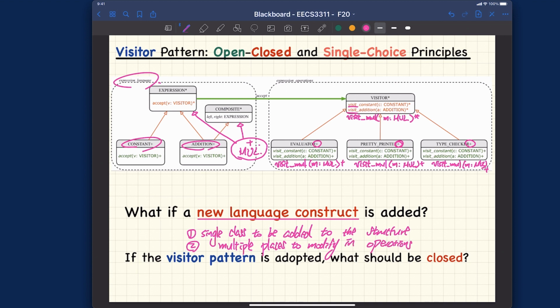Okay, so when I say operations, I really meant this particular cluster over here, right? So now we know that whenever you want to add a new language construct over here, it is going to violate the single choice principle. So consequently, if the visitor pattern is adopted like the architecture shows,